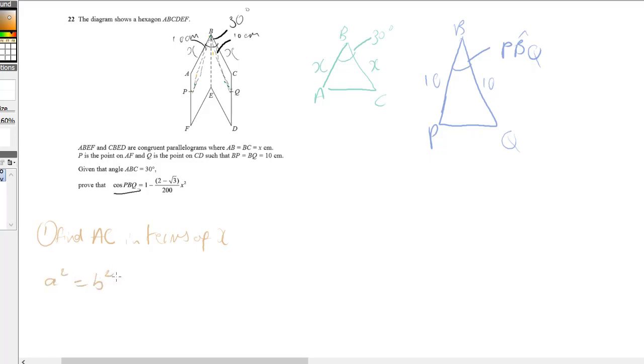So a squared equals b squared plus c squared minus 2bc cos a. And I'm going to have completing this and subbing in the relevant details. 2x squared. Now cos a,